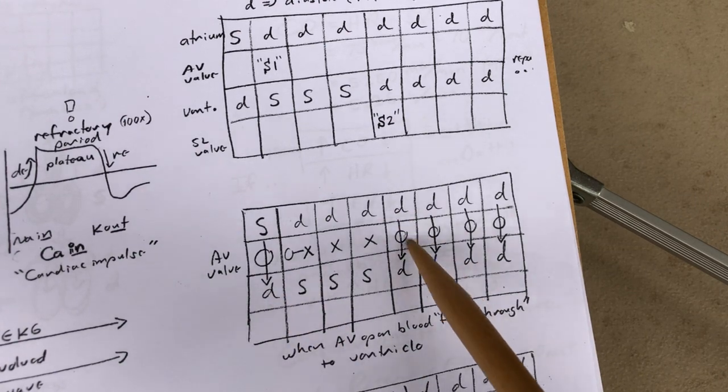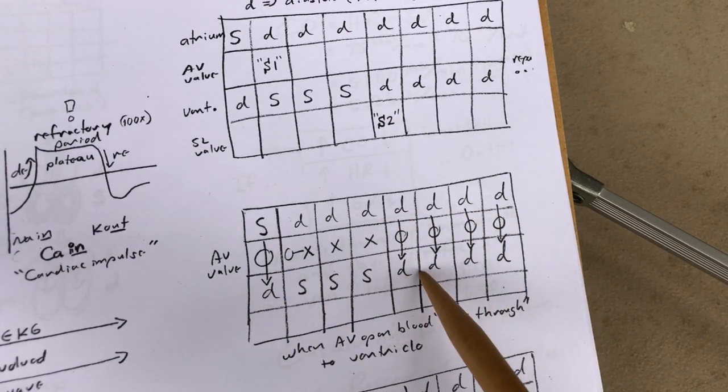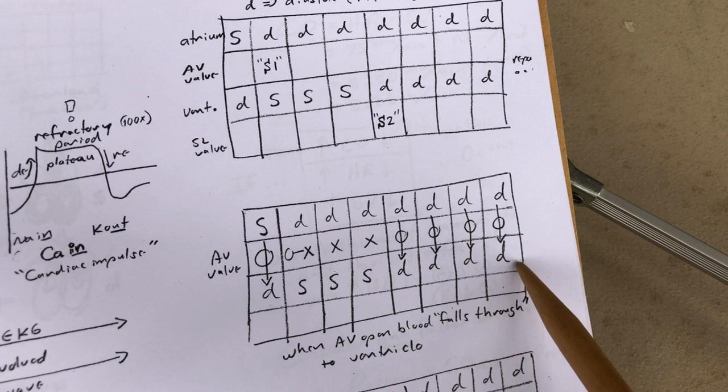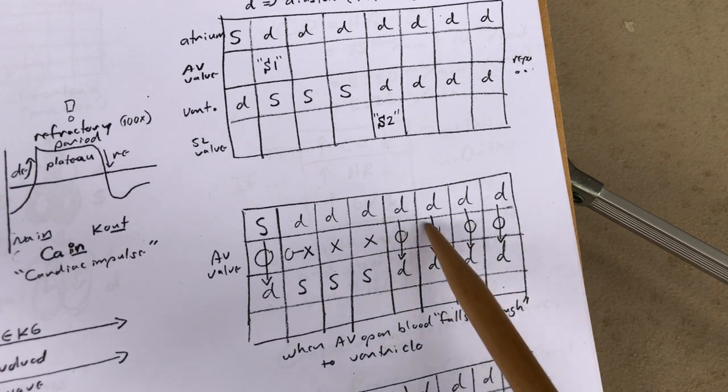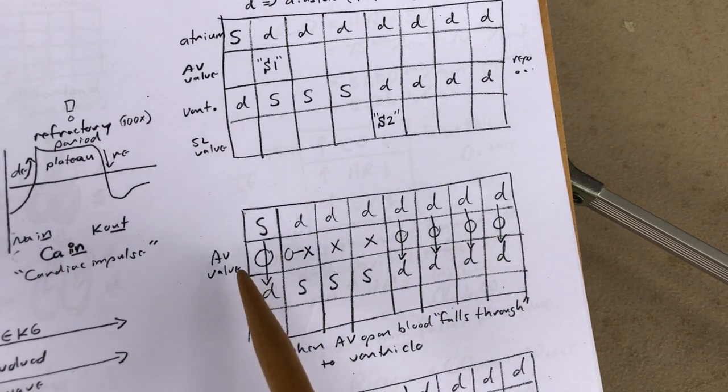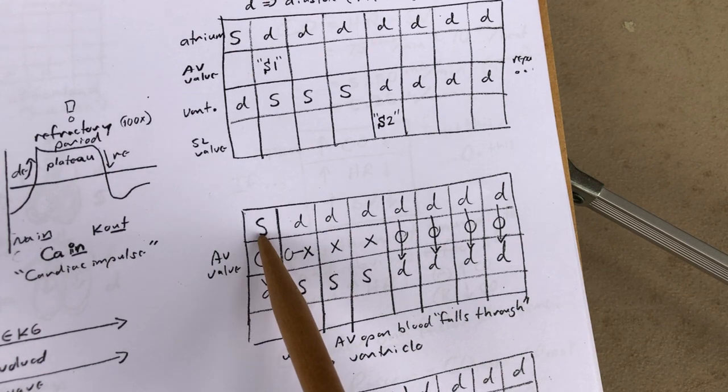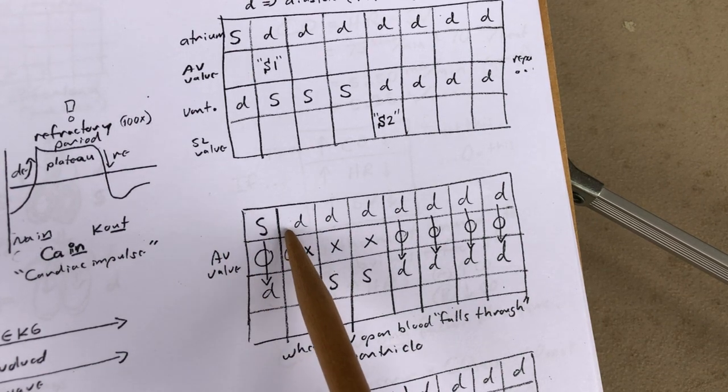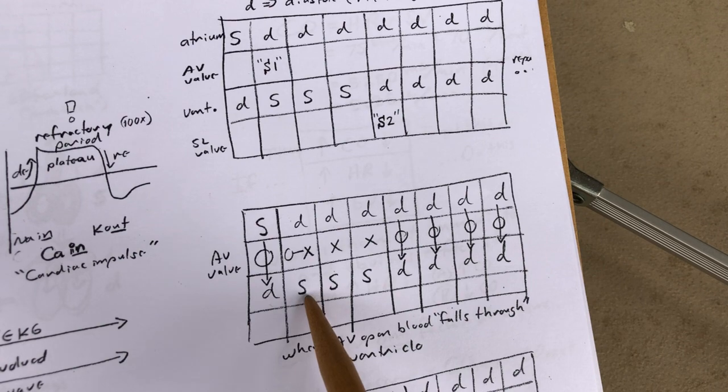The rest of it came in during this time right here. So this is where most of the blood that gets into the ventricle gets into the ventricle, during this period of time right here. Now, when the atrium relaxes and goes into diastole and the ventricle goes into systole, then